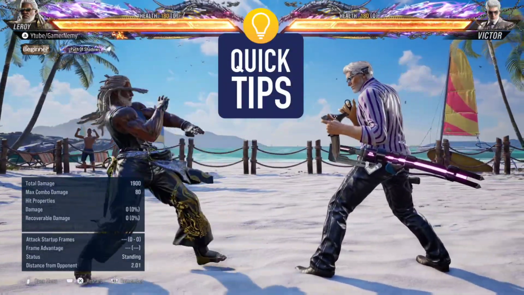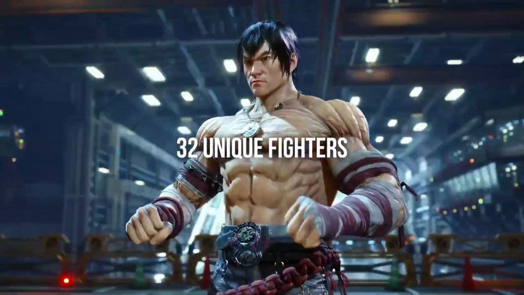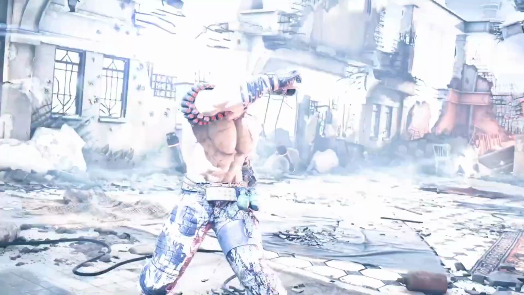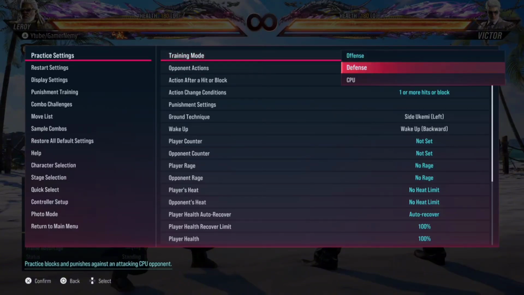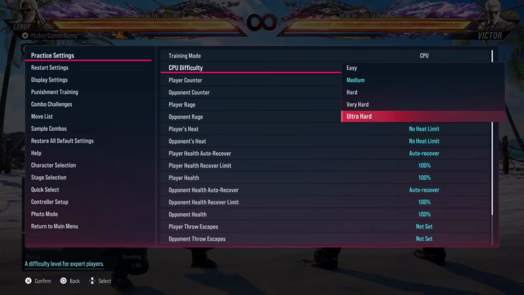Learning character matchups in Tekken 8 can be very frustrating. There are over 30 characters right now, with each having over 100 moves, so it can be very hard, especially if you don't really have a friend or a training buddy to help you out. So what I usually used to do a lot is go into practice mode, get one character you feel you struggle against the most, go to defense settings and activate the